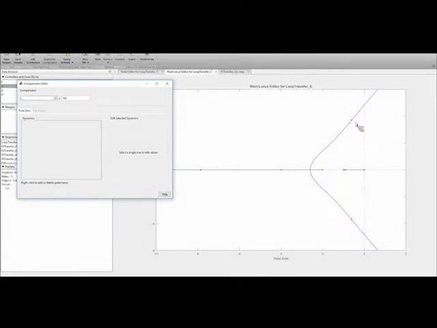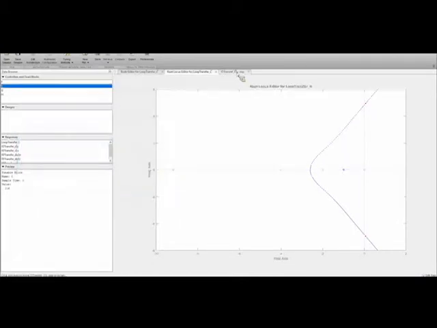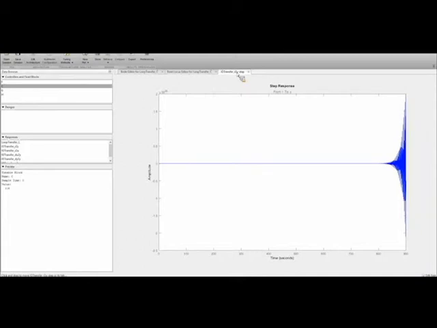And so then if we increase the gain to what we said it was for instability, 216, we see that was essentially right on the cusp of being unstable, right? And then we can check this with the step response. We see this blows up to infinity. If I dial the gain back just a little bit,